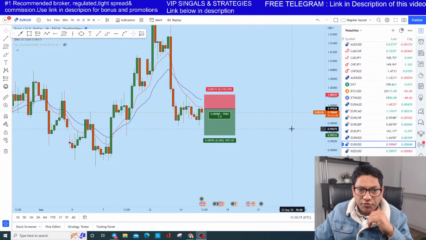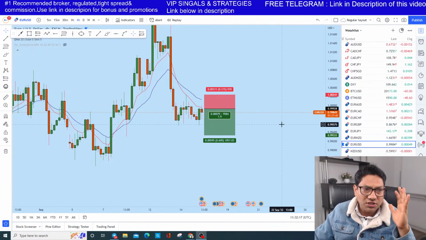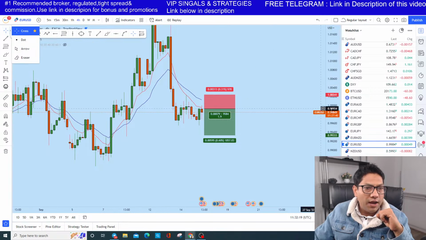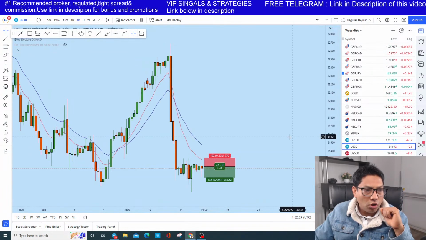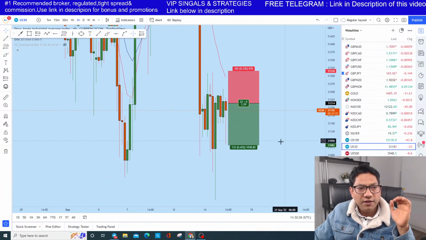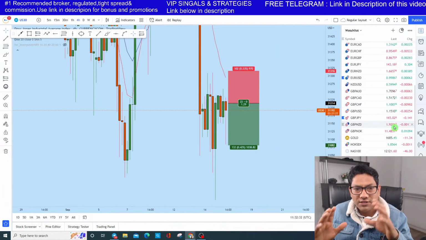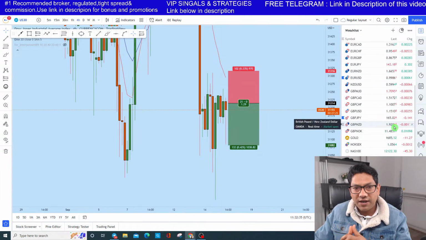We are running a couple of trades, including euro dollar trades, which is running a little profit, and also we are running a US 30 trade, which is almost hitting the profit target and then retreating back. I sincerely believe that it will come down again, so it's also a little bit in profit. So let's see what's happening in the market, starting with euro dollar.